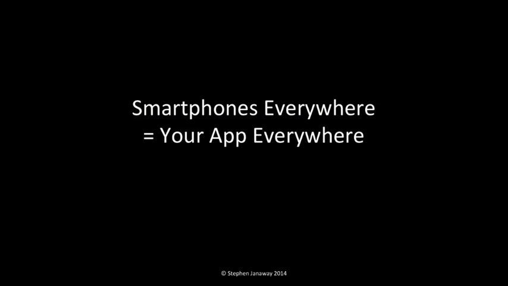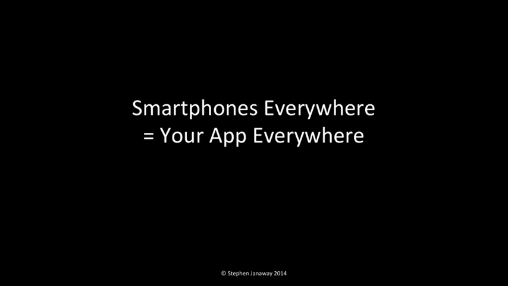Also in the future, we are going to see smartphones everywhere. So the feature phone, let's be honest, will all but disappear. And smartphones everywhere means the potential for your application everywhere. And for testing, this means maybe more testing of localization, so different languages, different character sets, maybe languages like Arabic, languages that go from right to left rather than left to right. Always tends to cause UI bugs.